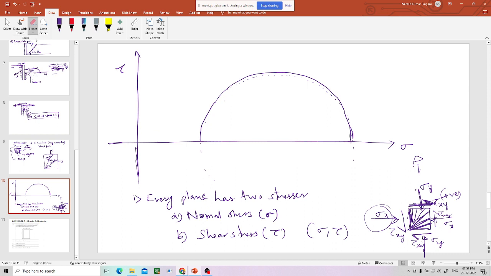So now if you collect all the points from every plane and put them here, you will get a circle. This circle is nothing but Mohr's circle. Okay,